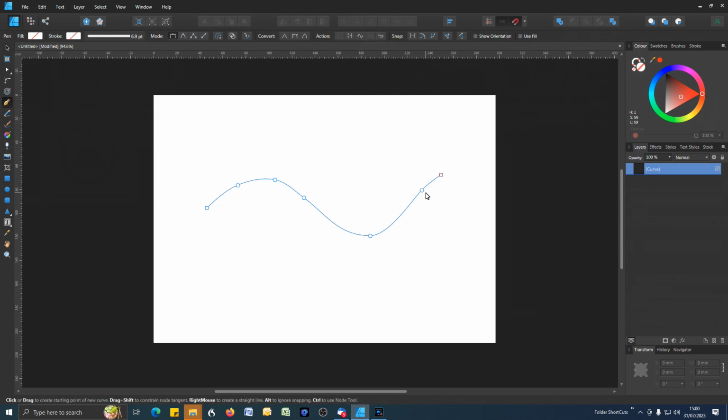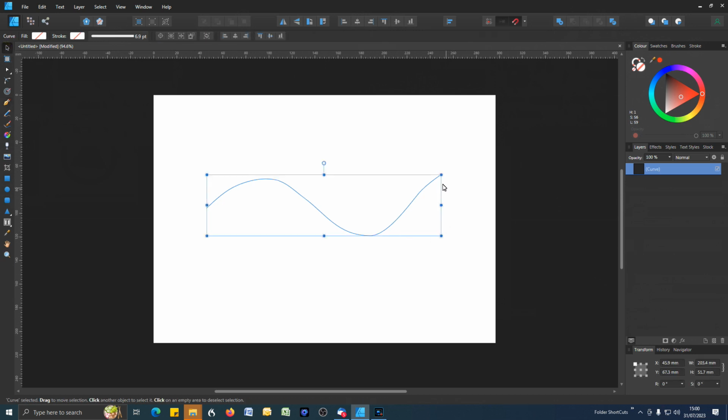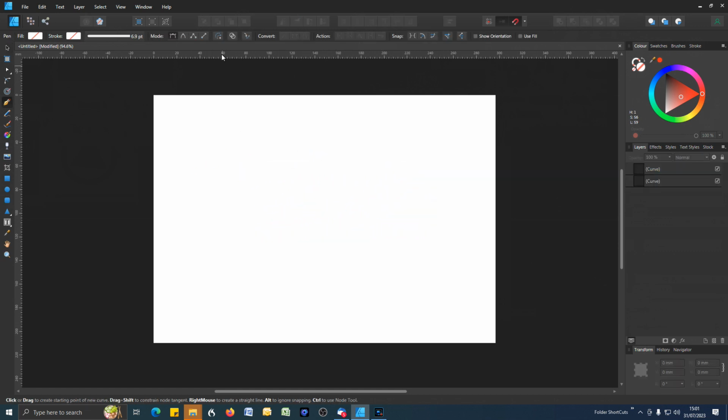The other thing is, if I go back to my move tool, I can now resize the object or stretch it. Now the other thing we could do is simply make sure we're drawing curves all the time by clicking on that tool up there, which is our preservation of new curves. So now if I click,